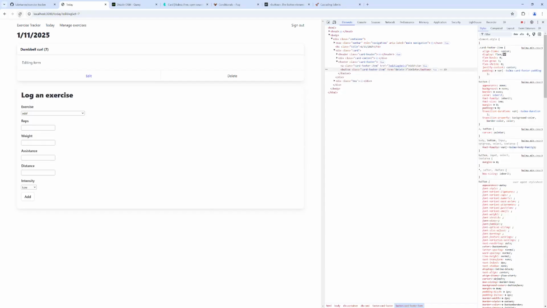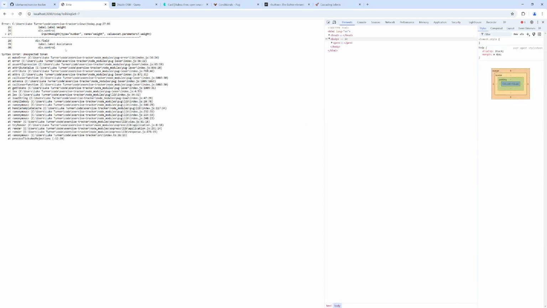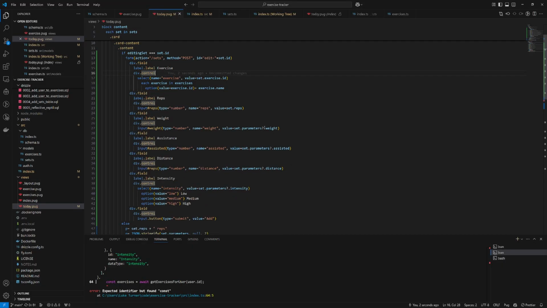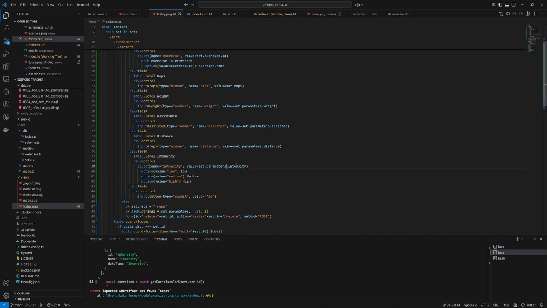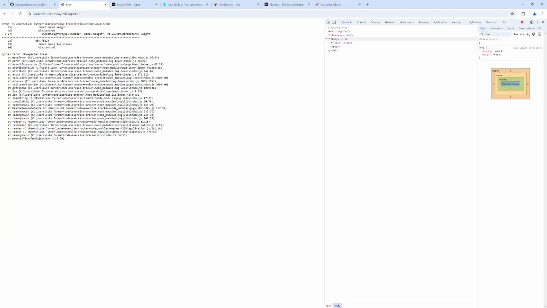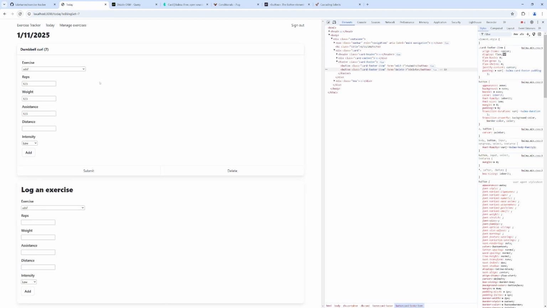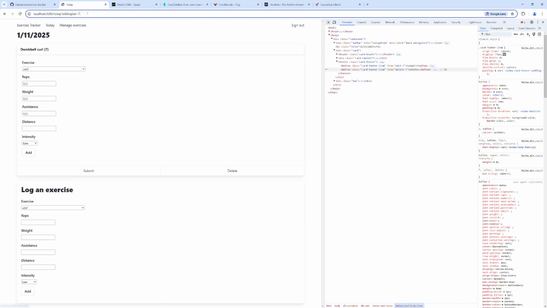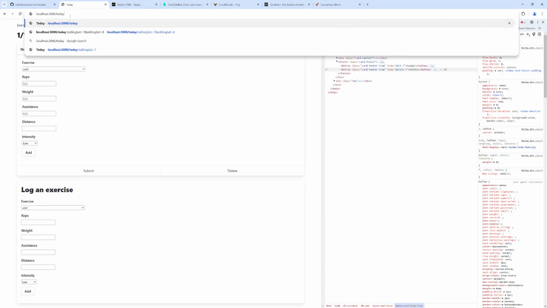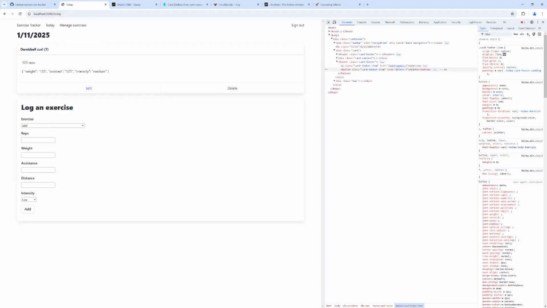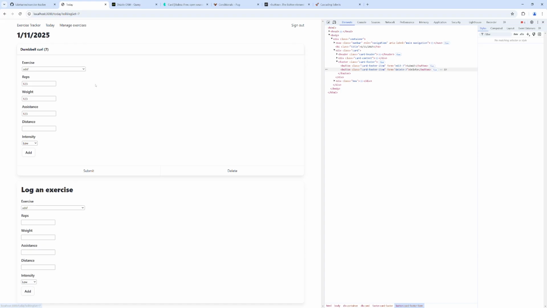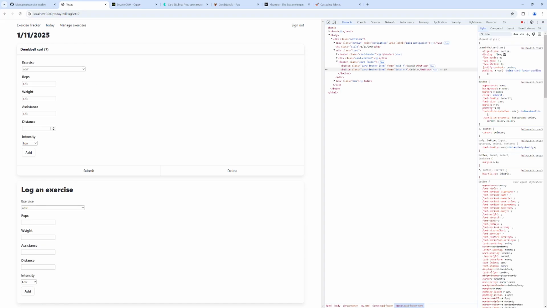Right? I wonder, yeah, we're going to get a problem. Oh, so it doesn't like this. Let's get rid of that. Refresh. Okay. So now if we get rid of that, we have our set. If we click edit, we get a form to edit the set. And these values are pre-populated,